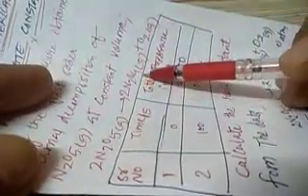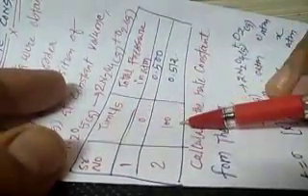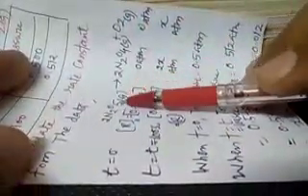Now we want to understand some other numericals for calculation of the rate constant. So let us go for them. The following data were obtained during the first order thermal decomposition of N2O5, nitrogen pentoxide, at constant volume. When nitrogen pentoxide decomposes, it gives nitrogen tetroxide and oxygen gas. In the first experiment, when time is 0, the pressure is 0.5 atmosphere, and in the second experiment, when the time is 100 second, the pressure is 0.512, and here they ask us to calculate the rate constant for this data.